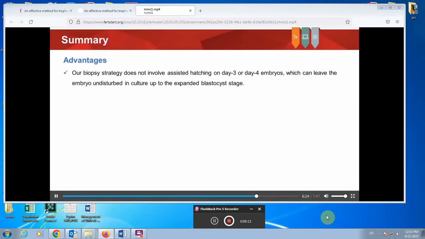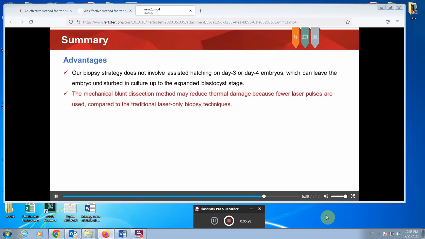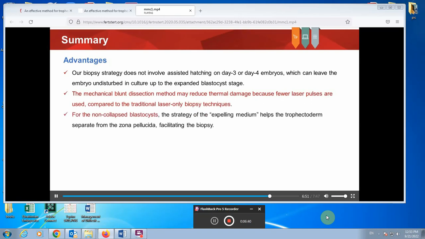Our biopsy strategy does not involve assisted hatching on day 3 or day 4 embryos, which can leave the embryo undisturbed in culture up to the expanded blastocyst stage. The mechanical blunt dissection method may reduce thermal damage because fewer laser pulses are used, compared to the traditional laser-only biopsy techniques. For the non-collapsed blastocysts, the strategy of expelling medium helps the trophoectoderm separate from the zona pellucida,